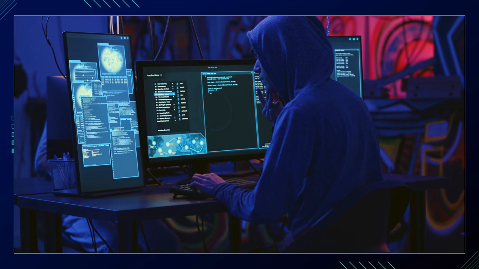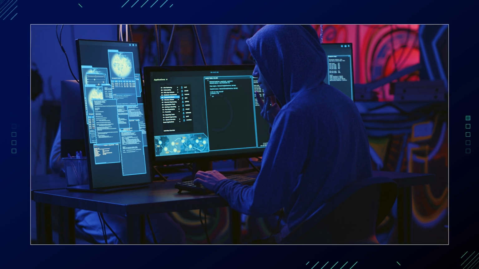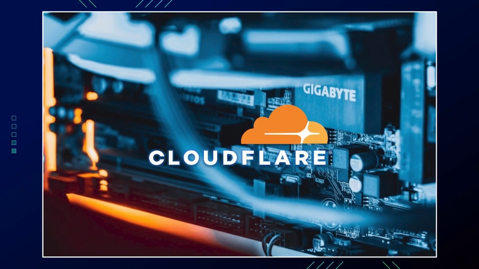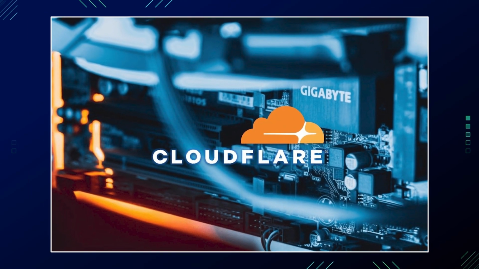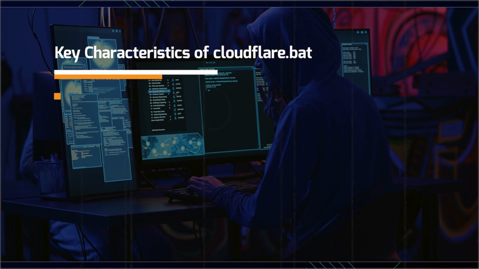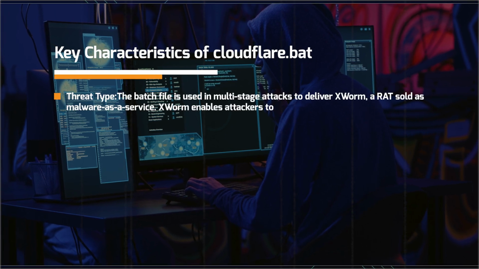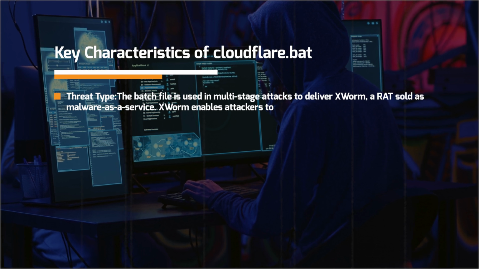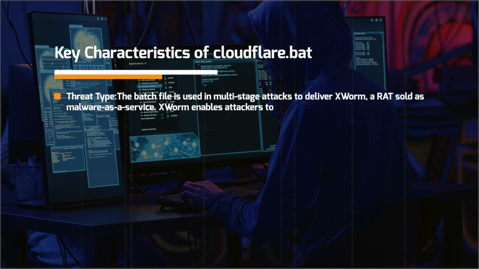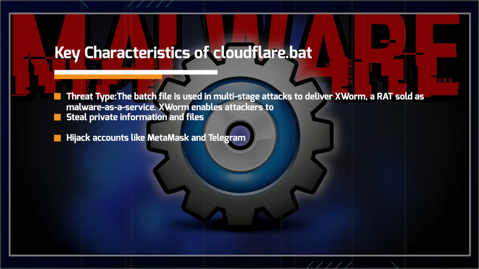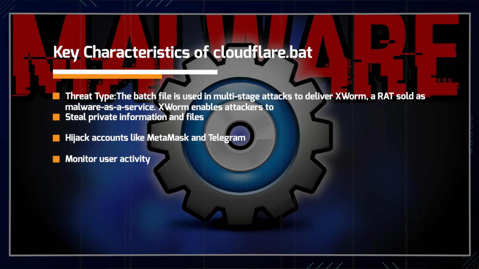The Cloudfare.bat malware is a malicious batch file associated with the delivery of the X-Worm remote access Trojan, that's the RAT, which is part of a broader phishing campaign leveraging Cloudflare tunnels for malware distribution. Now, the key characteristics, the threat type. The batch file is used in multi-stage attacks to deliver X-Worm, a RAT sold as malware as a service. So X-Worm enables attackers to steal private information and files, hijack accounts like MetaMask and Telegram, monitor user activity, deliver